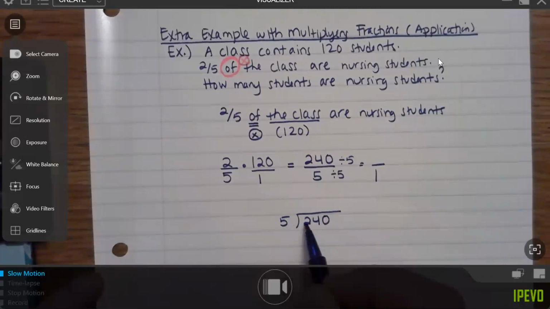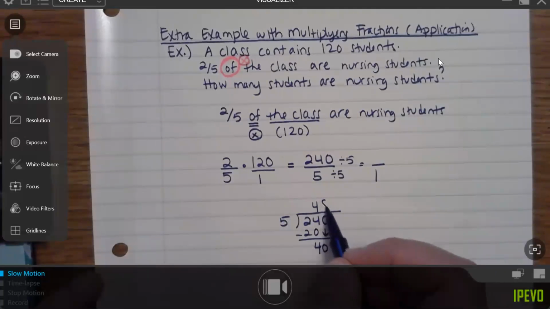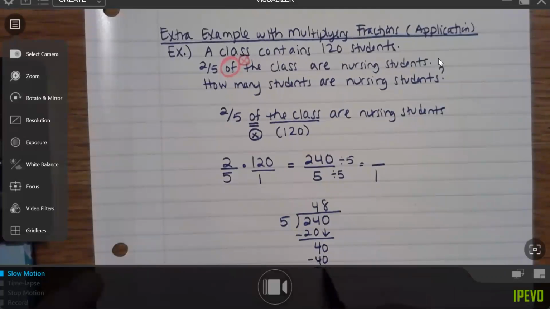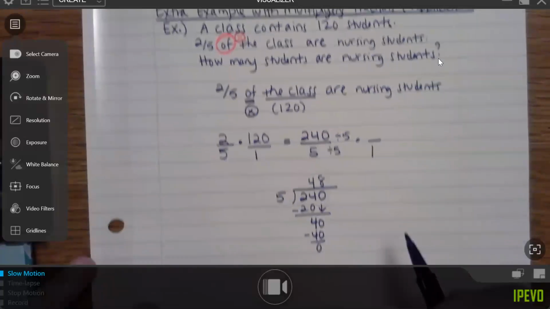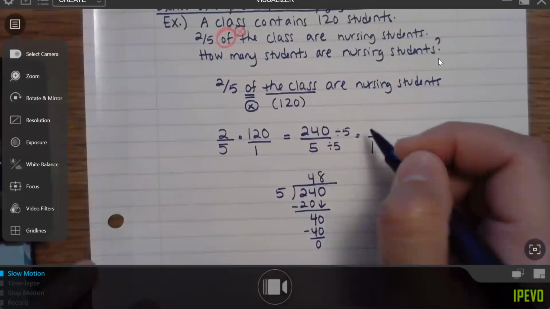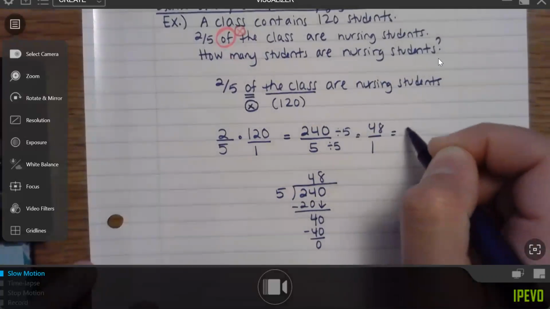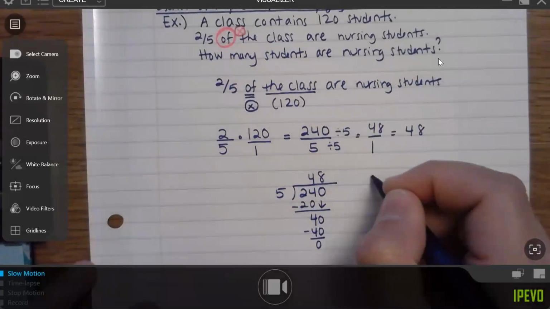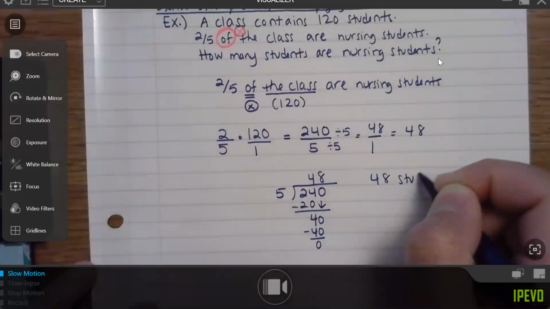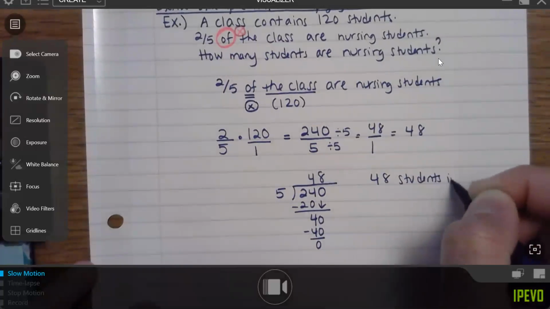So 5 does not go into 2, but it does go into 24 4 times, which is 20. Subtract to get 4 and bring down the 0. And 5 goes into 40 8 times, which will finish the problem. So I have 48 over 1, which is just 48. So 48 students in class